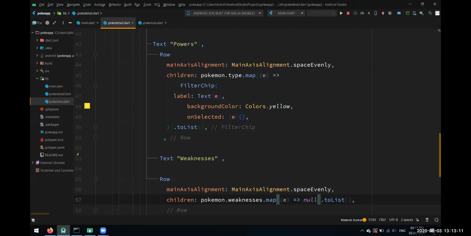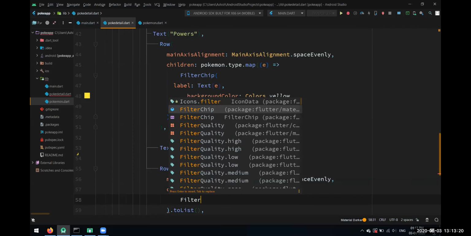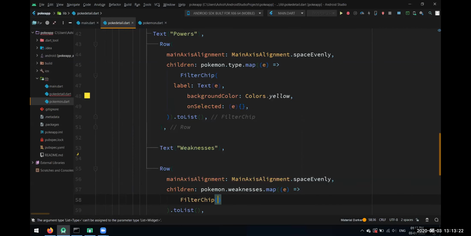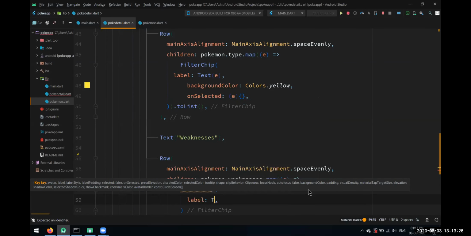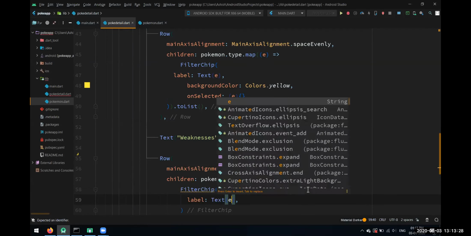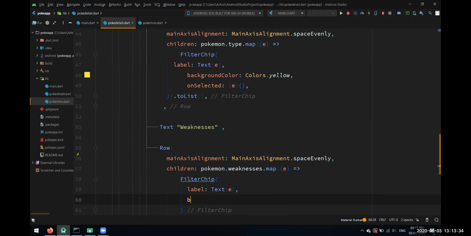Let's now build another similar kind of filter chips over here so that we get that bubble structure. Filter chip widget we'll use here. Label of that filter chip would be the similar text which we are passing as a parameter. Okay, background color, what color should we use?